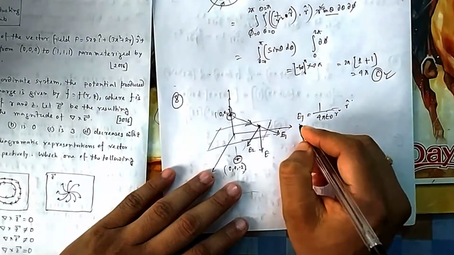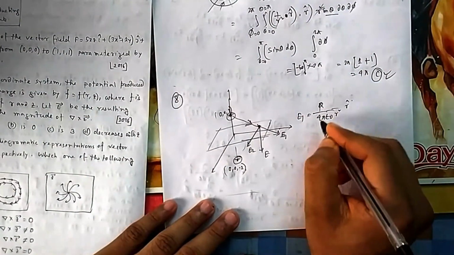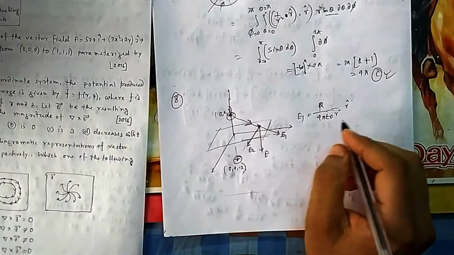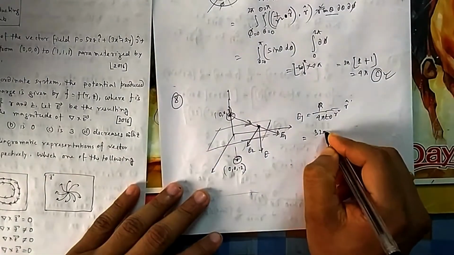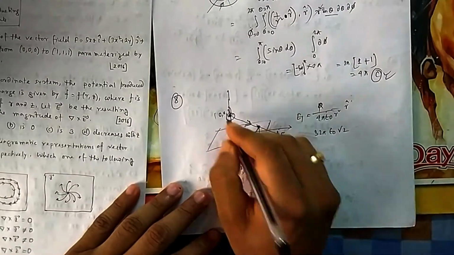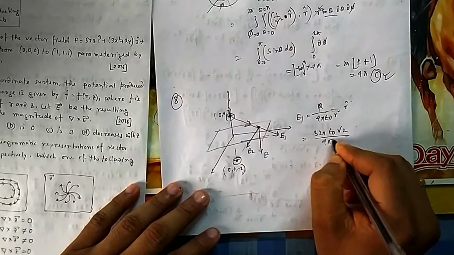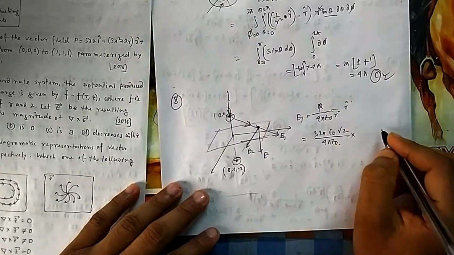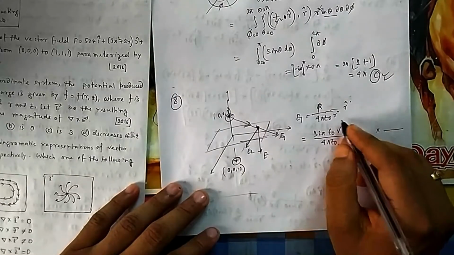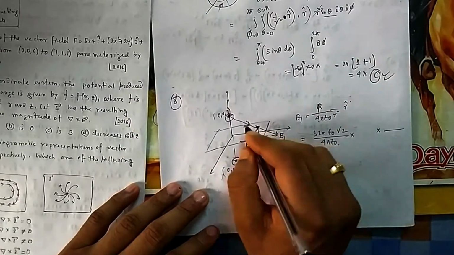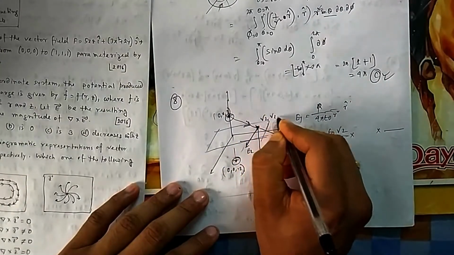So let me do E1. Sorry, it is Q by 4 pi epsilon 0 r square, then r cap. So what is Q in the first one? That is 32. Both are the same, but one is plus, one is minus. The upper one is the plus. 32 pi this much root 2 divided by 4 pi epsilon 0 into what is r. First you write r cap, then you will go for r square. R cap is the unit vector along this path. What is r? Root 2 comma 0.